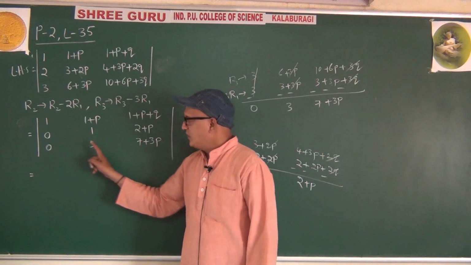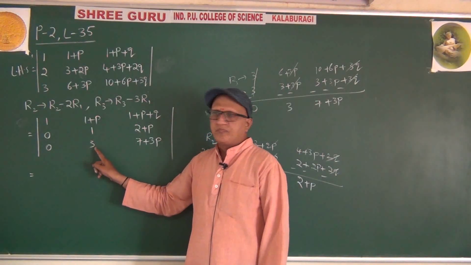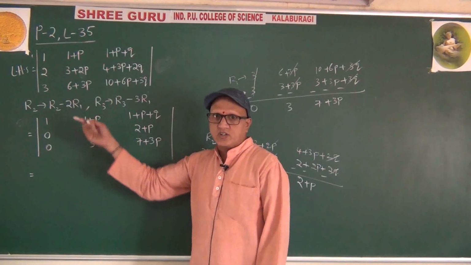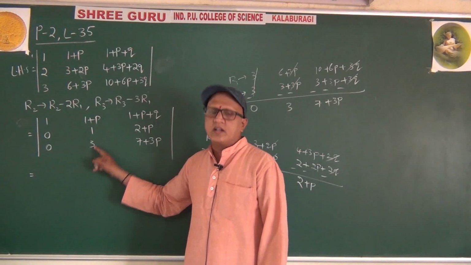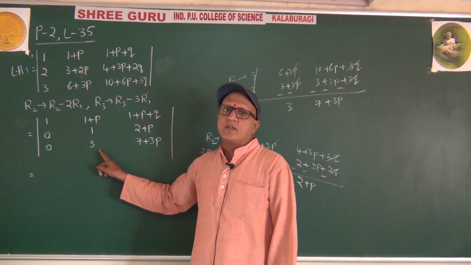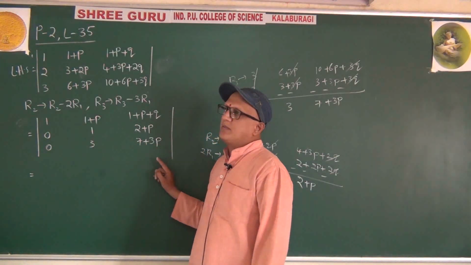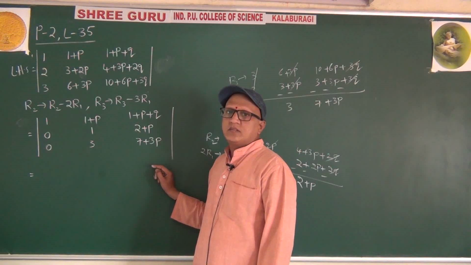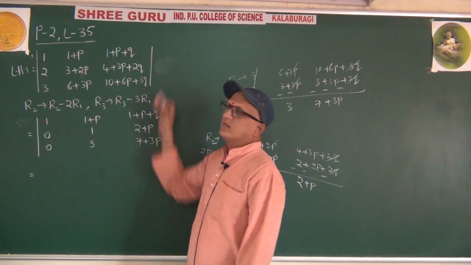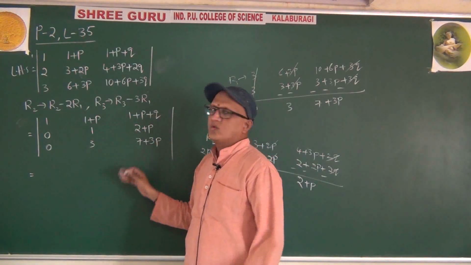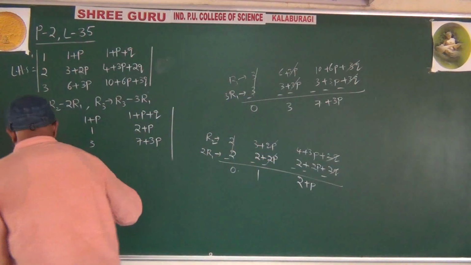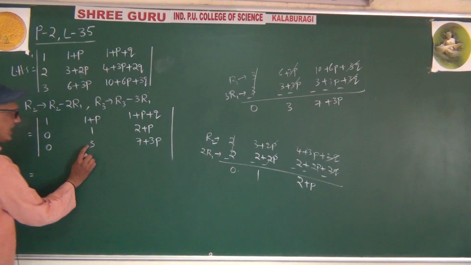2 zeros are here, 1 more 0 if we get, in the shape of L, 3 zeros are there. If we get 0 here, then what can we say? We can say that 3 zeros are in the shape of L. Just multiply the principal diagonal elements. 1 into 1, 1 into something equals the answer. What is the answer? 1. 1 into 1. So our target is to make it 0.